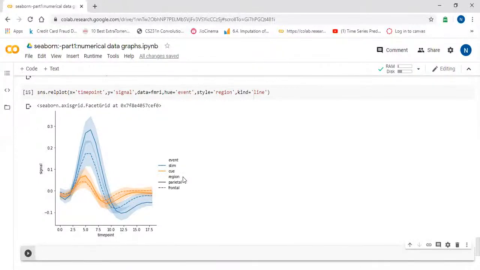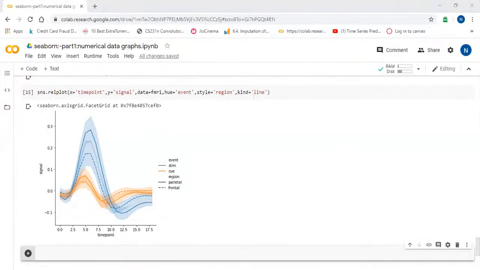Now it is again divided based on the region. There are four lines. The dotted line is for frontal, and the continuous line is for this region. So data is divided based on that. Those are mostly the graphs which we use for numerical data plotting.